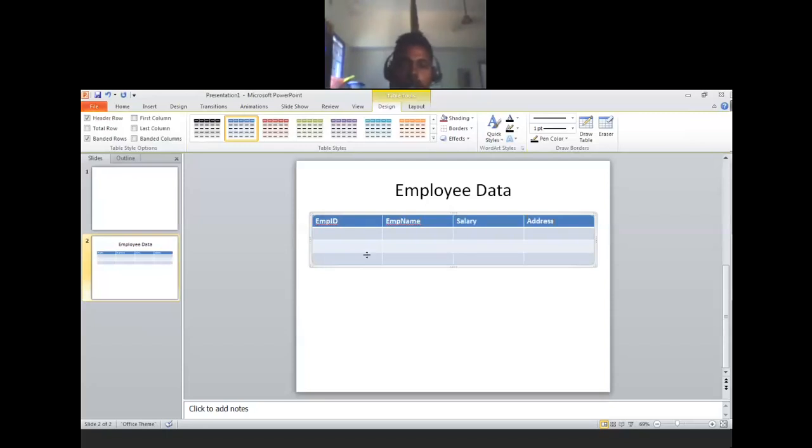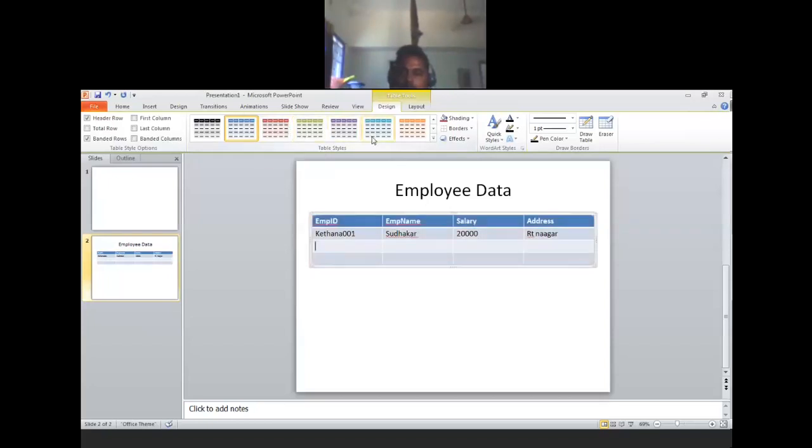Now you can fill in whatever data you want, and you can keep some values like that. After the table is done, if you want to change the table color, you can see so many color templates.